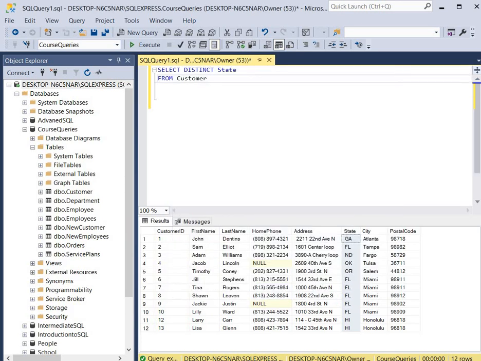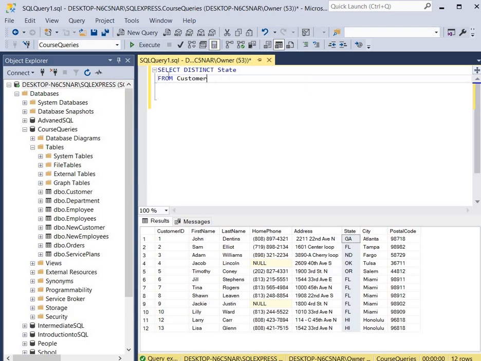So we're going to use the select keyword to say select the state. So this is the state column, but preceding the state column we're going to use the distinct keyword, and that's going to cause the states that are in the state column to only display the unique states, and that'll ensure that there won't be any duplicates. So it'll just show every state that the customers live in. And then we use the from keyword because we're going to be querying the customer table. So it's select the distinct states from the state column